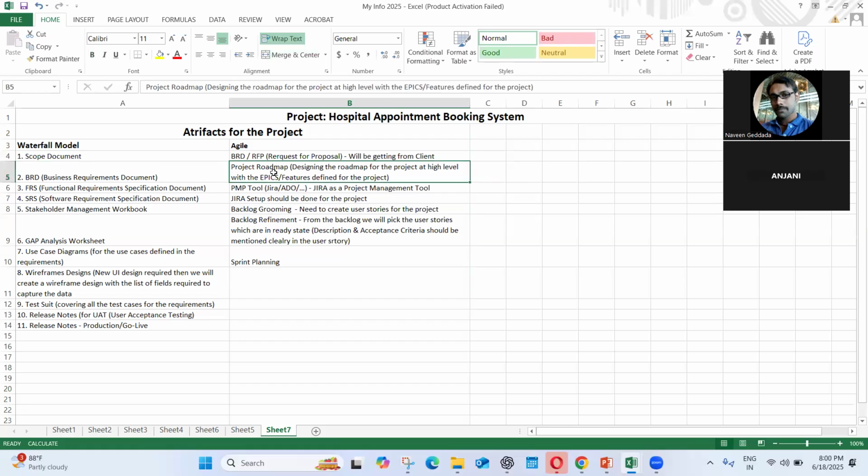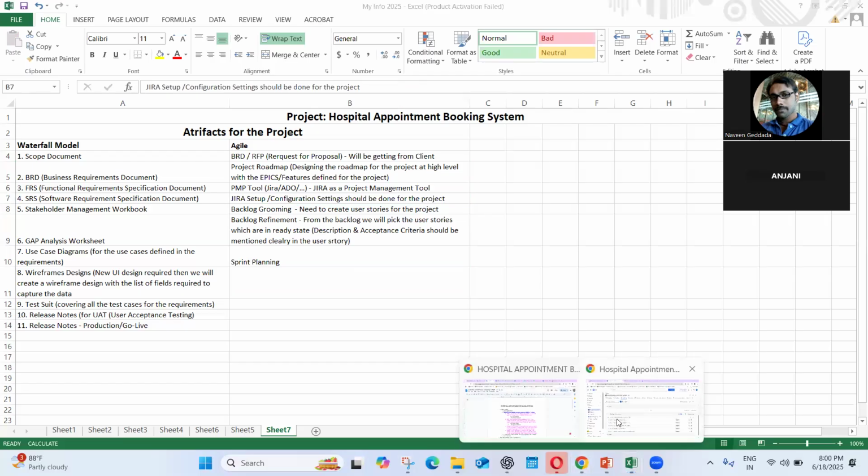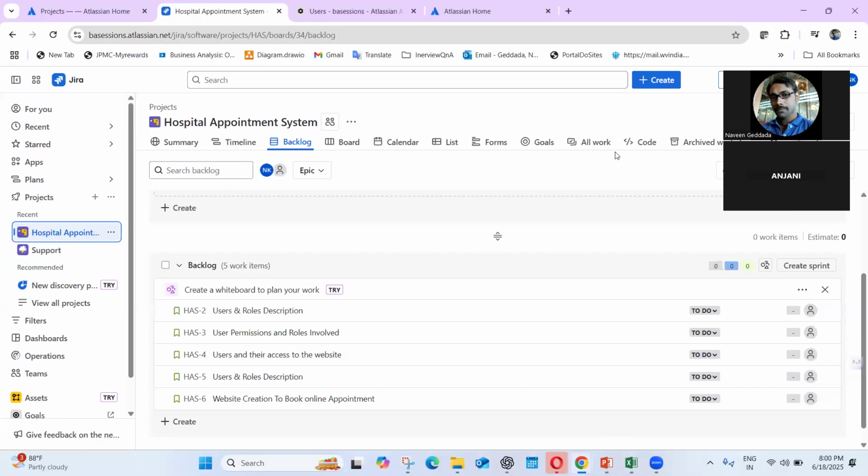So we have the project roadmap, and then we have this tool. We decide what tool we are going to implement for this project, and then we set up the configuration settings, which should be done for the users. So now we have the JIRA setup done for this project. And the next step is